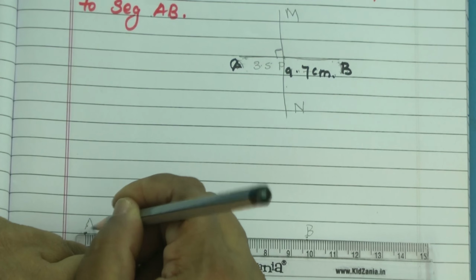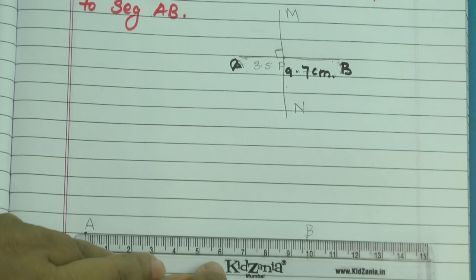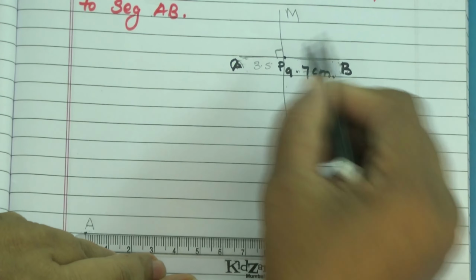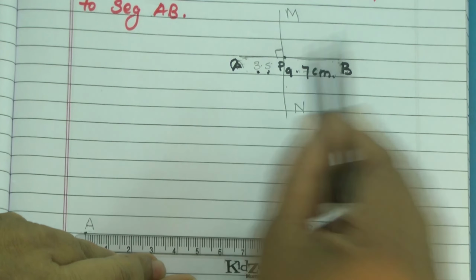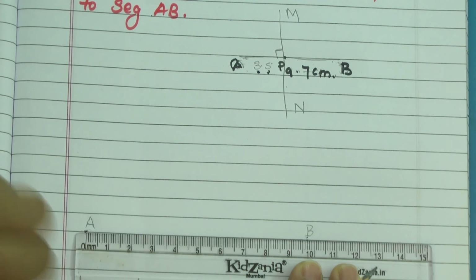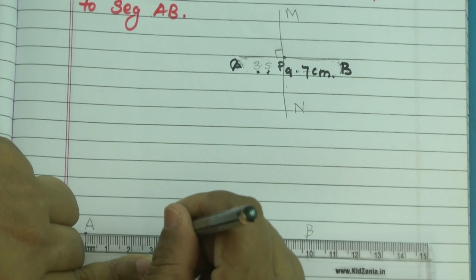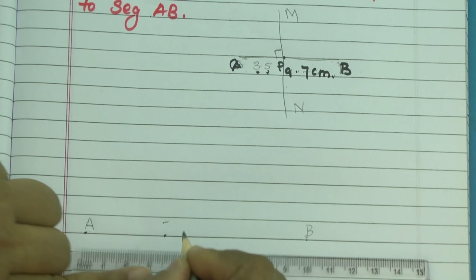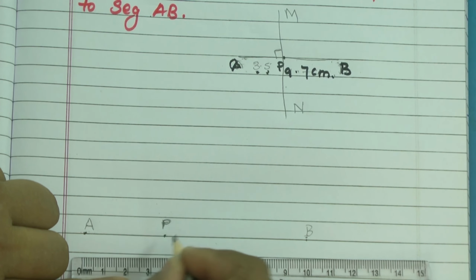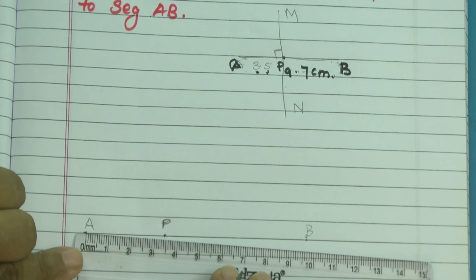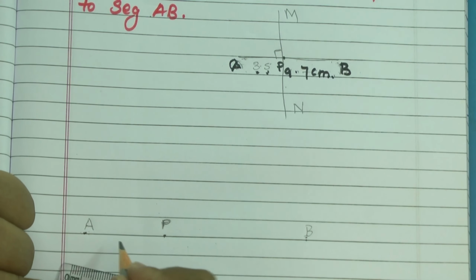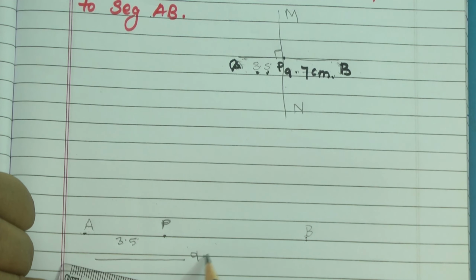This is as A. From A, I need to take in my rough diagram point P. I have to select. This is my point P, which is 3.5 centimeter. So from A, I have to take 3.5. Mark the point 3.5. This point is P, and you see here it is 3.5 exactly. Okay, let me mark it as 3.5, and this length total is 9.7.